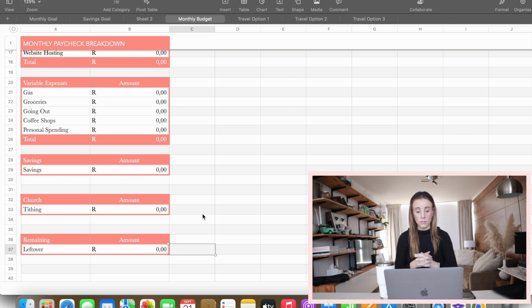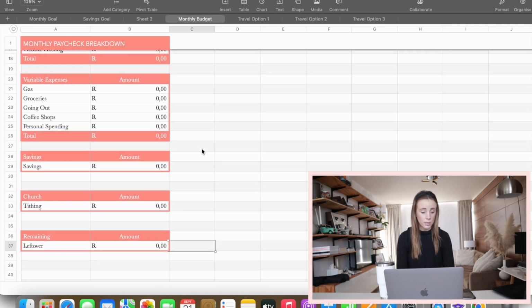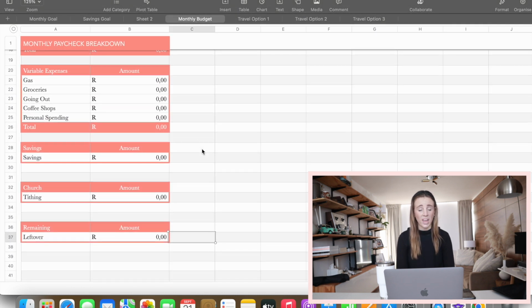And if there's something funny going on, or maybe an extra expense, I know going into the new month what that looks like, and that I have more or less left over, and if I need to move money around or something like that. So that's basically it. It's a super simple breakdown of how I put it in. And if I do add expenses to the list, I will just add them in here as well.